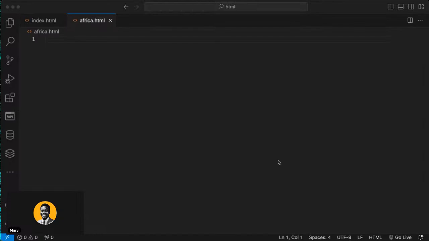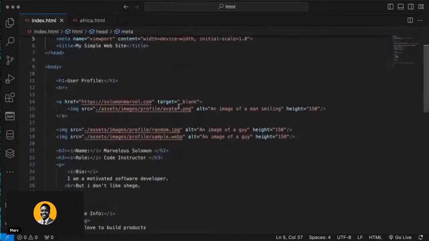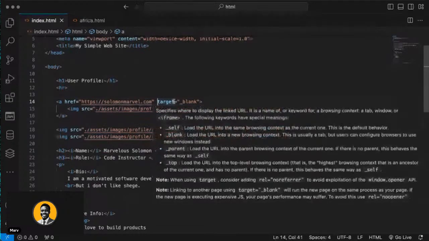All right, so let me see the charts. Someone said, please kindly explain the target attribute again. We're having fun. Awesome. Okay, so for the target attribute, let's come back here. All right. So for the target attribute, if you use the target option as blank, so just